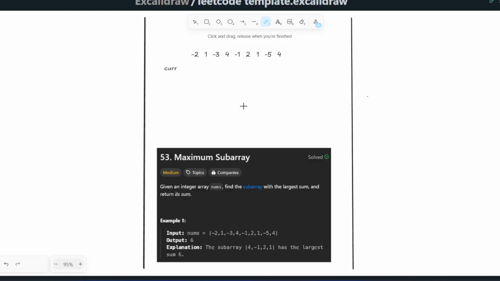Okay, this is LeetCode 53, Maximum Subarray. So basically all the question is asking is to find the subarray with the largest sum in a given array. And the key idea for solving this question is to use a concept called Kadane's algorithm, which is a dynamic programming algorithm. And it's an algorithm designed specifically to solve this problem, which is finding the maximum subarray in